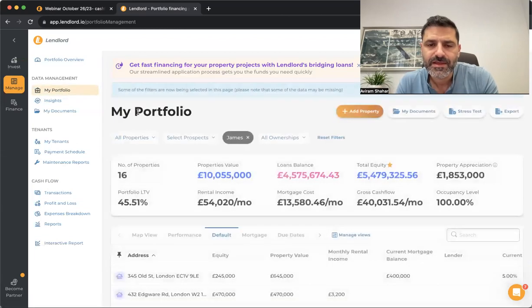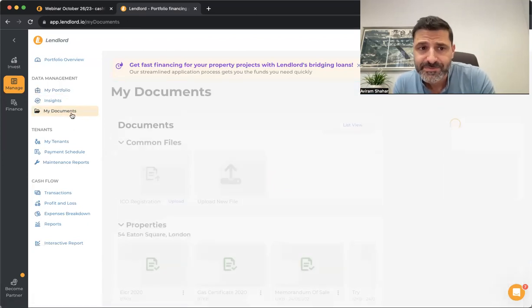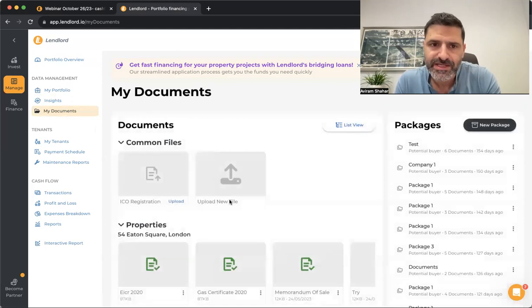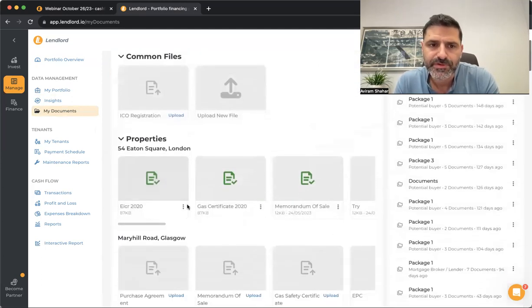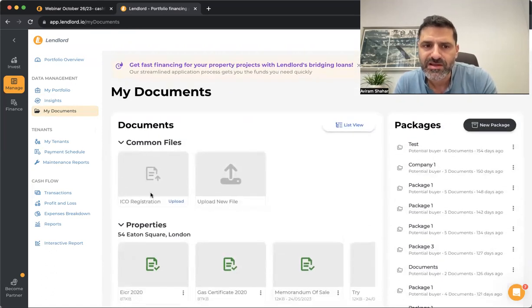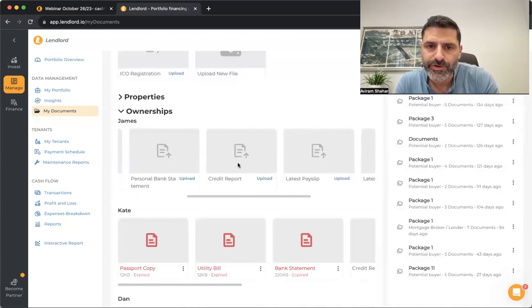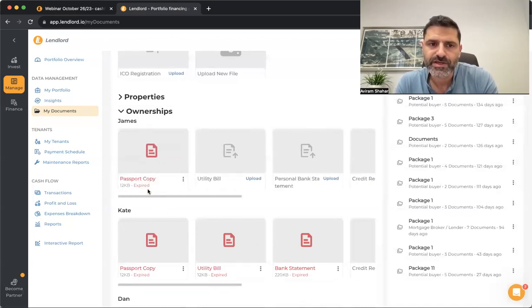The manage part, this basically will be explained in the webinar, but in general, this is the place to manage and track your existing portfolio data, due date documents, and more. My documents, by the way, is a very useful page, where you can upload documents to each property. You can upload documents at a common level, and you can also upload documents to each owner. And also get notification if